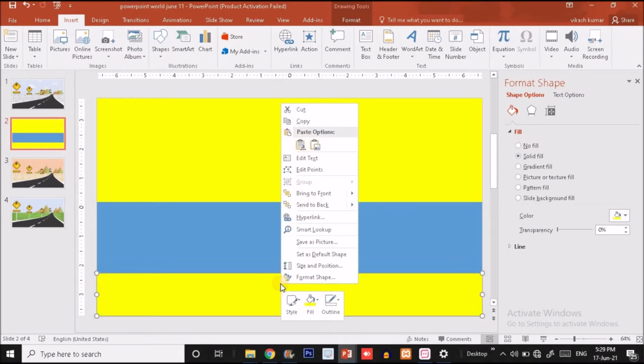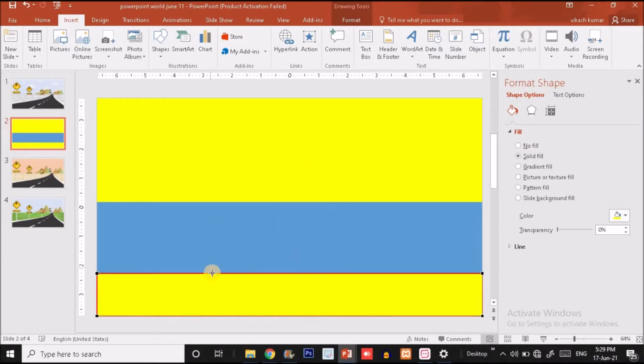now right click over the yellow rectangle, and here you will find the edit point option. Just click on that. You will find 4 black dots over here. Along with the 4 black dots, there are no other black dots. If you want to add a black dot, then you just have to click on the red line. As you can see here, I have put the cursor on the red line. As I click on this red line, a new black dot will appear here.